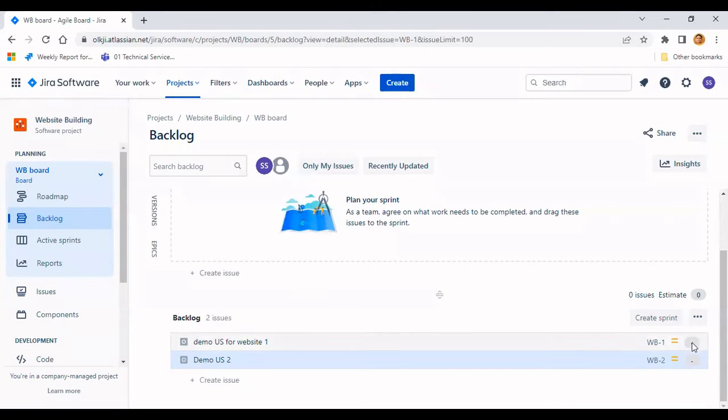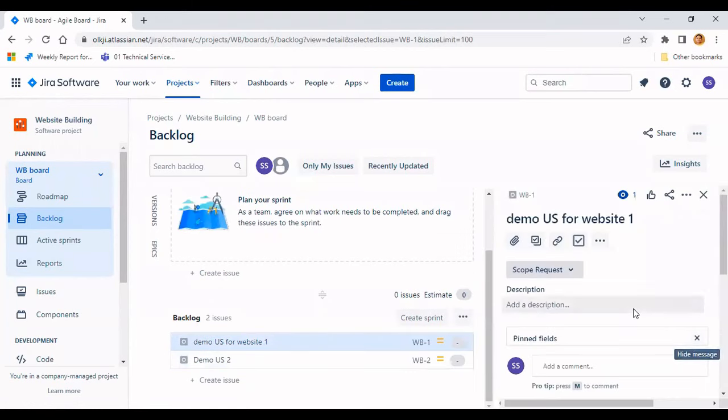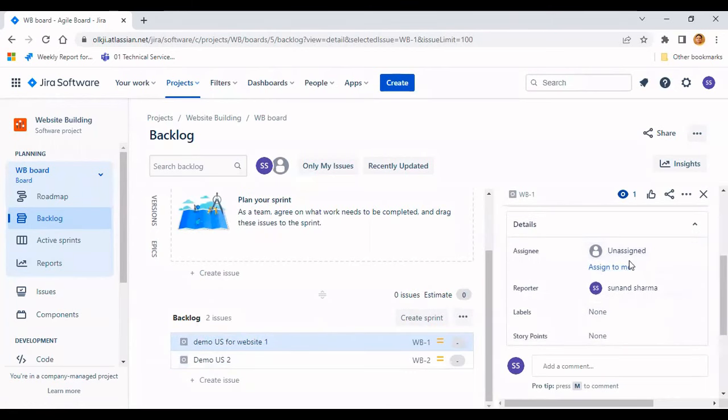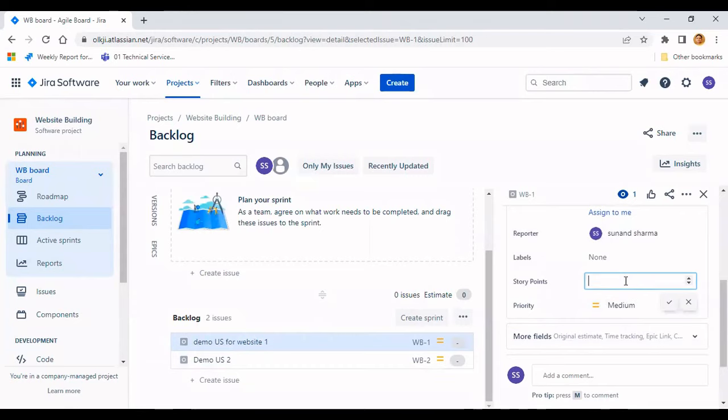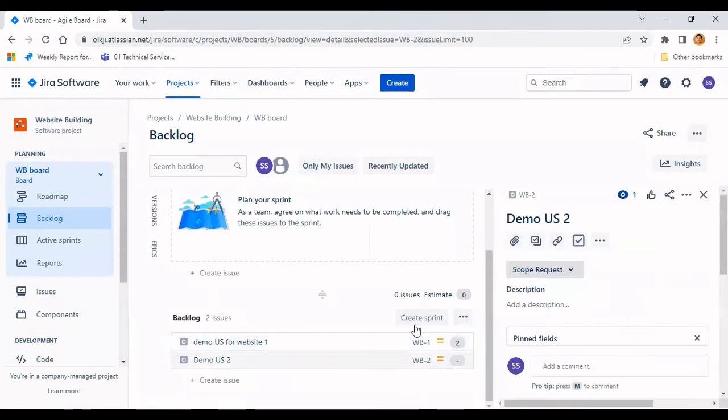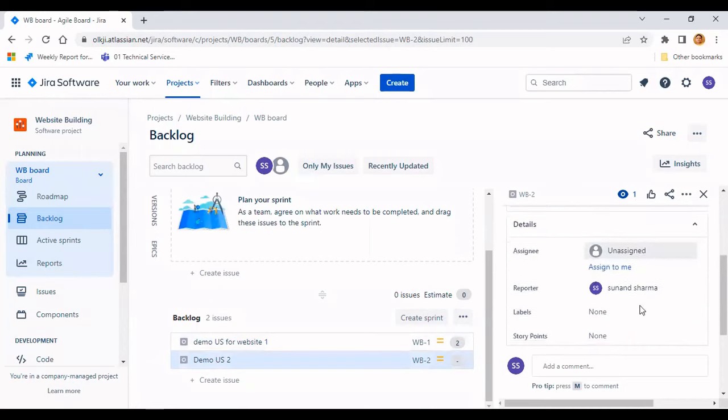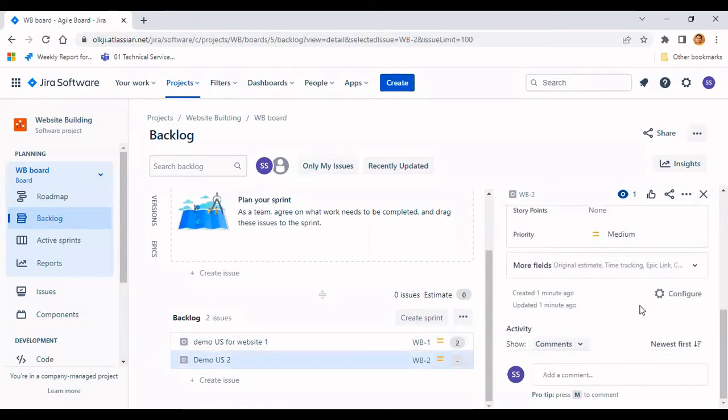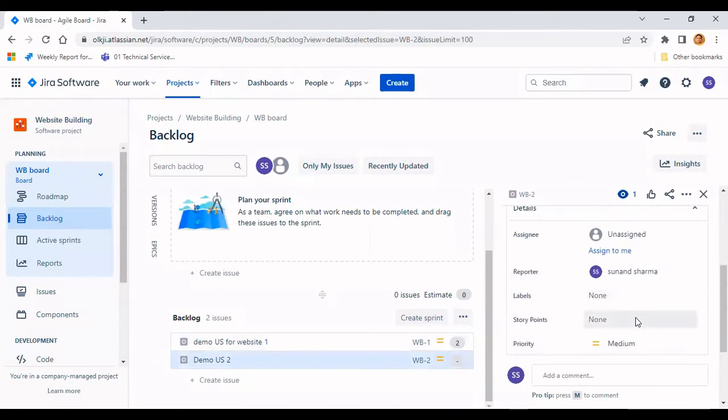Give points over here. Nothing is assigned. Story point, just give, say, 2. I'm just doing it really quick. If you have time, you have to fill it properly. Let's say 5.